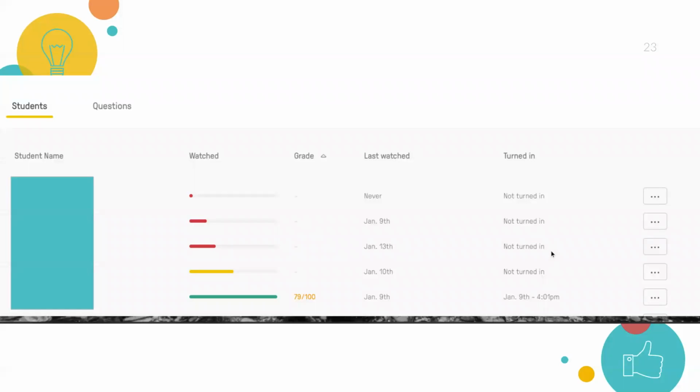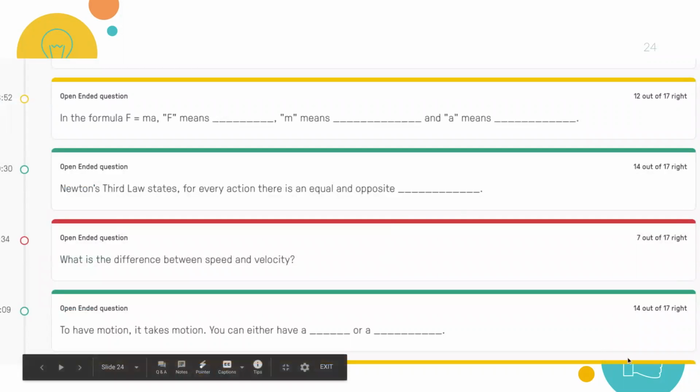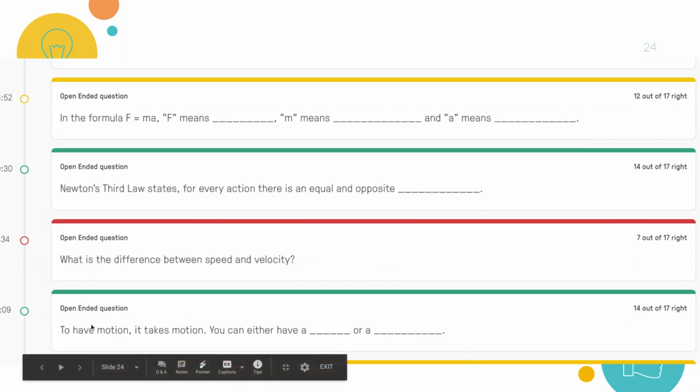A student can redo a video, but it will completely eliminate their last score. So it is truly trying again from start. This is what it looks like when it color codes those questions. So it lets me know, 7 of my 17 students got this one right. They really struggled with this, so I probably should go back. Here, 14 out of 17 had a good time with this question, so we're doing